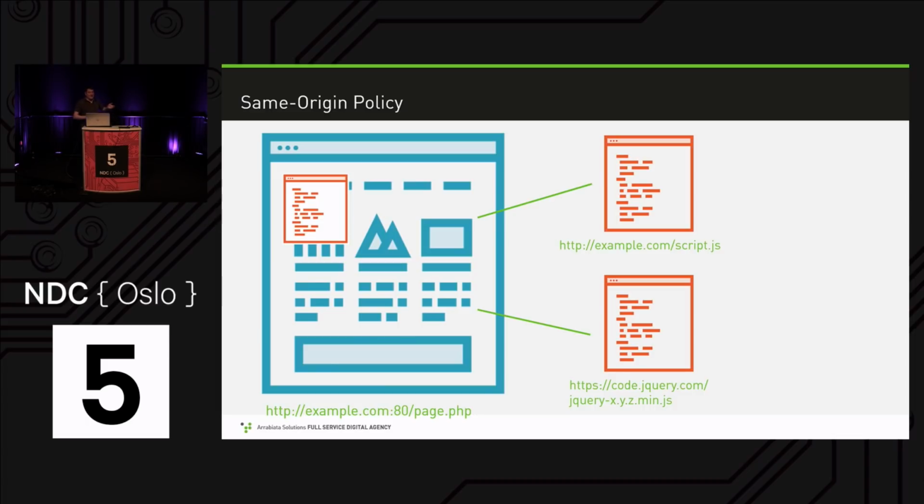The JavaScript code is loaded here at example.com port 80 using HTTP, and that's the so-called origin. Origin consists of protocol, domain, and port. The JavaScript code now runs in the security context of protocol, domain, and port, so it may access anything with these three attributes or values matching the current HTML page. So JavaScript code can access cookies set for HTTP example.com on port 80, which is a necessity for it to work. It can also access all the elements on the page because it's the same security context.